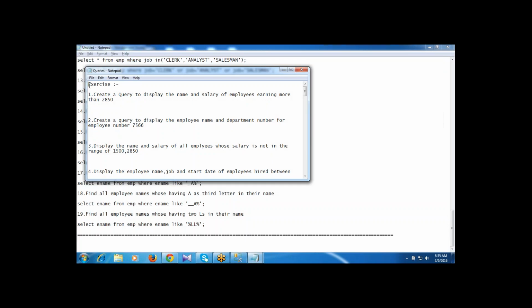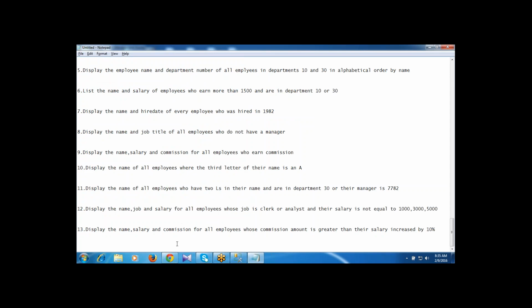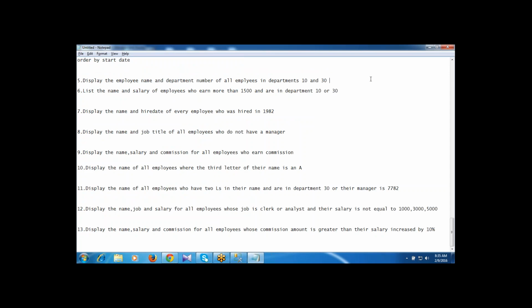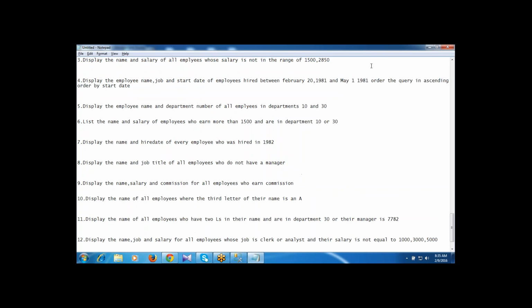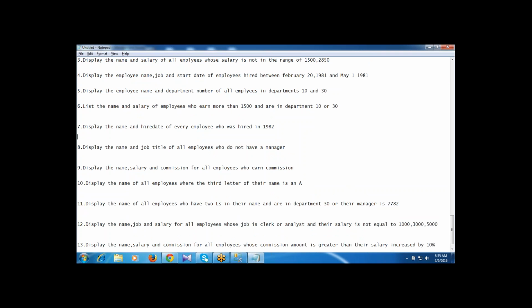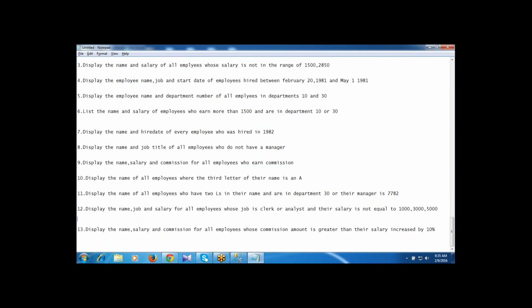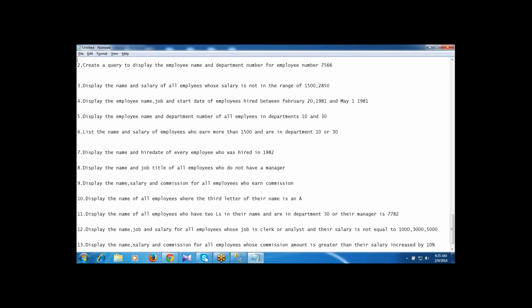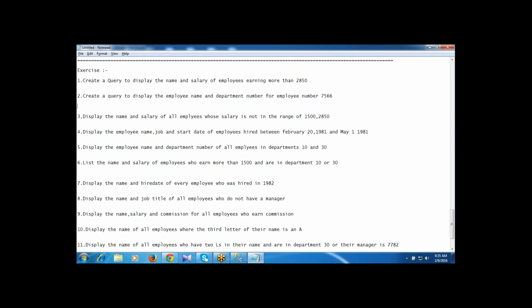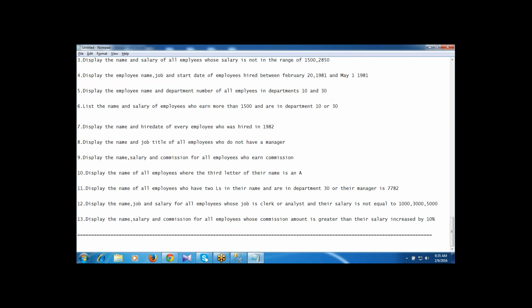So here I am giving the exercise to you. Friends, please do this exercise and send me the answers. Right.